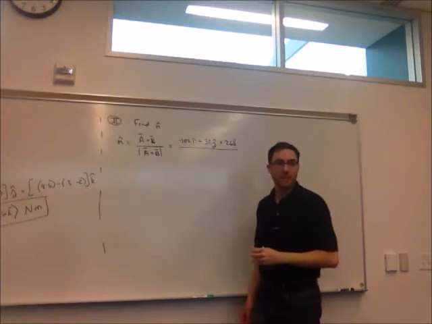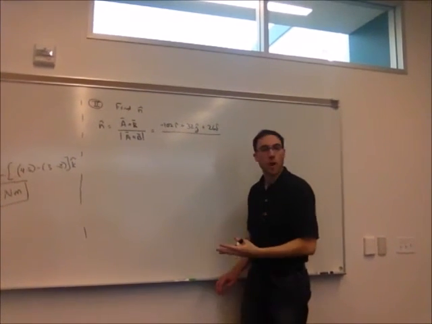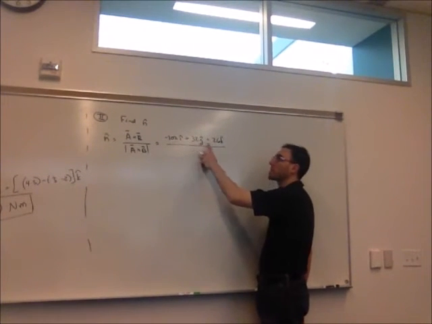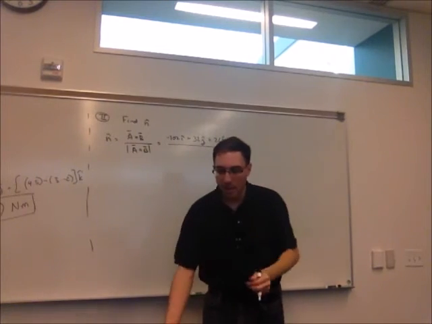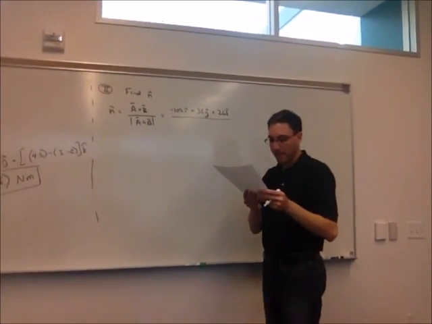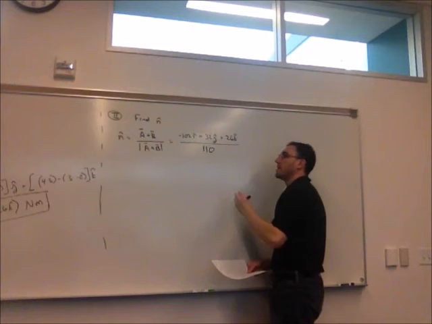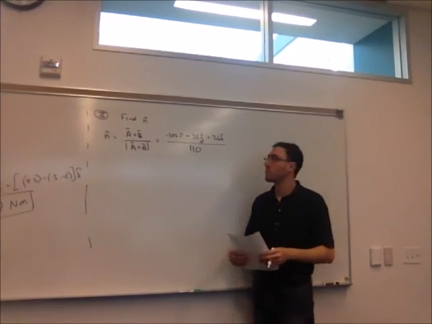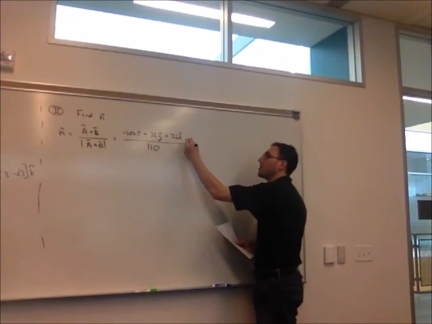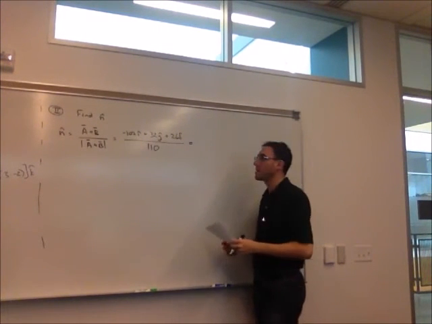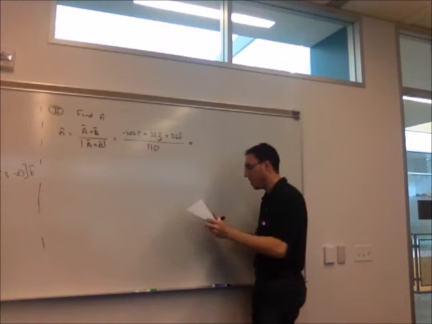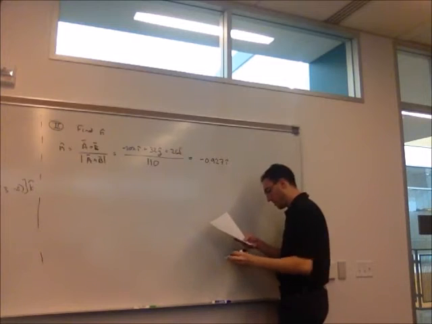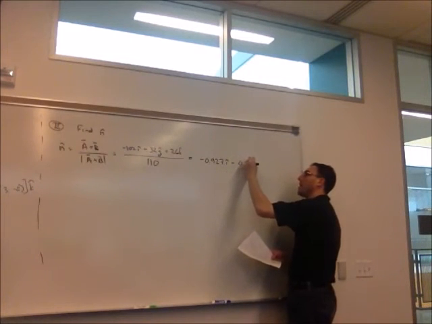We want to find the magnitude of this, just like we did before. So it's the square root of the sum of the squares. The square root of 102 squared plus 32 squared plus 26 squared does, in this case, come out to be a nice number. It comes out to 110, the magnitude of A cross B. Now each term we can divide by that magnitude. I did this one as a decimal: negative 0.927i plus 0.291j